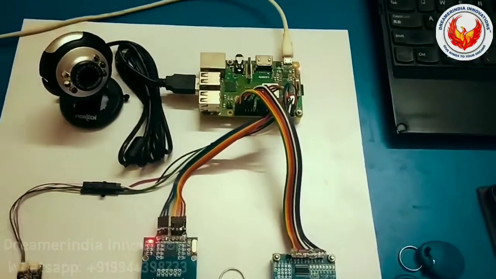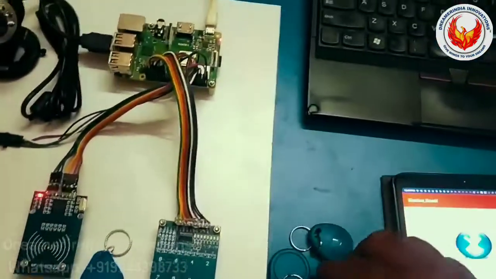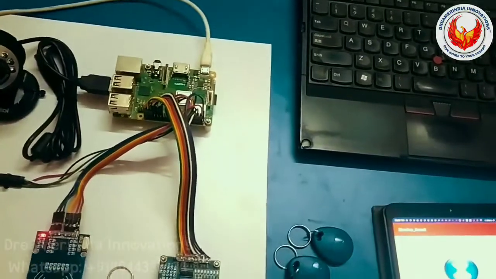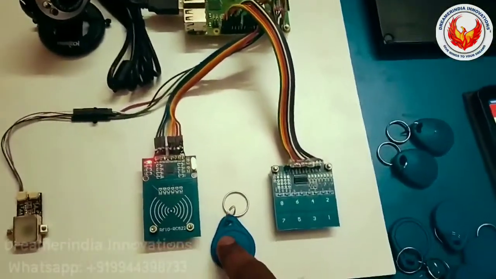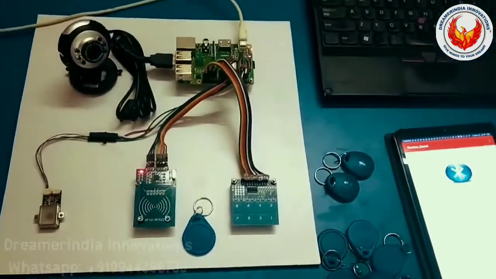So these are the keys we are going to use. Okay. So we have the keys here. Of these, 2 keys are invalid. For difference, I am using different types of keys. These 2 keys are invalid keys, and these keys are voter keys, and this key is the master key, and also you can vote. Okay, so these are the keys we are going to use for the project.